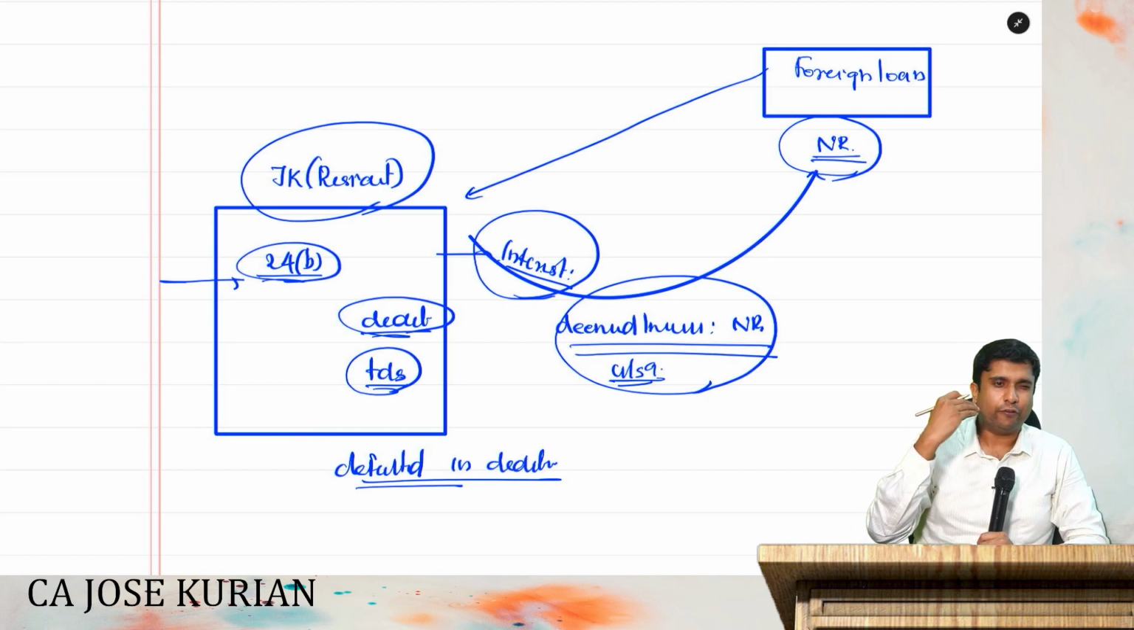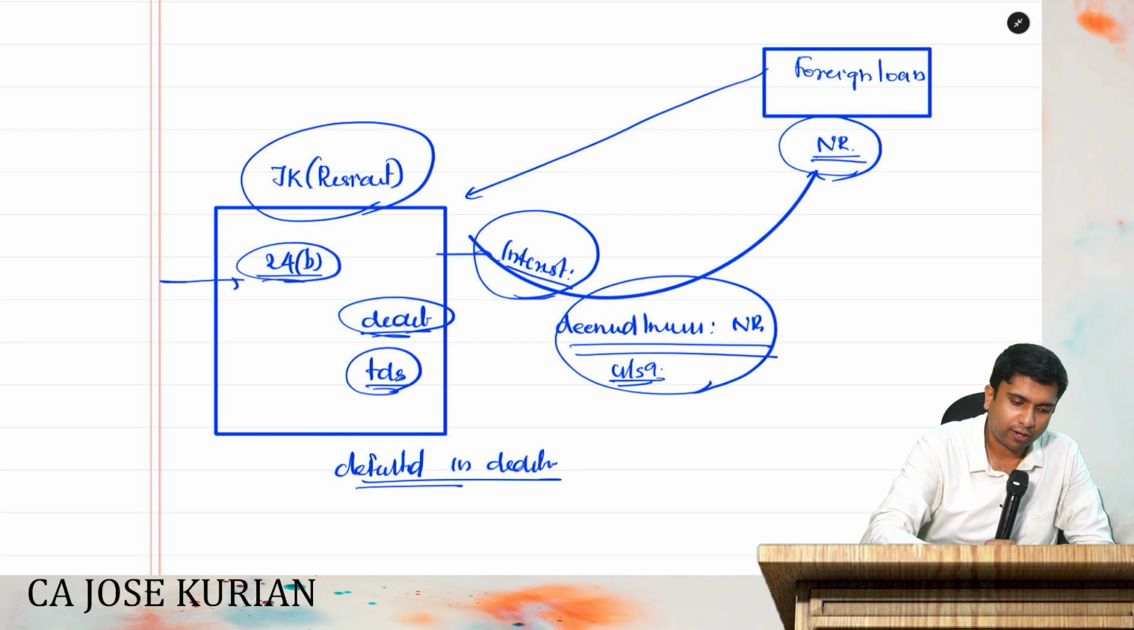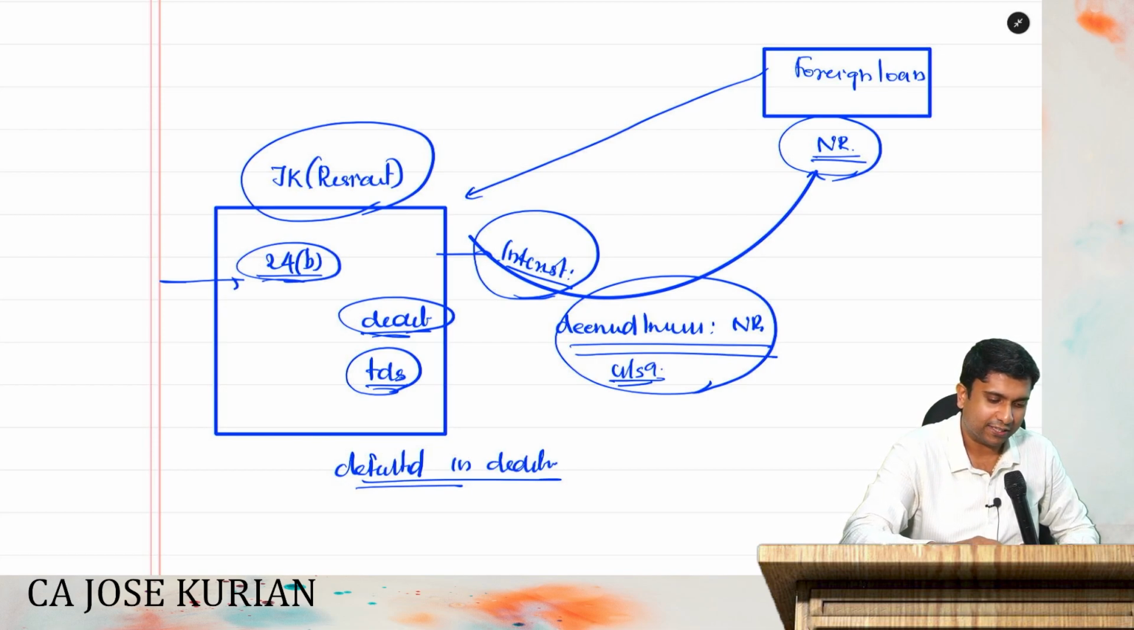Now, there are a few more concepts in house property. By that, we can say house property is over. 2 more concepts remaining in house property. By finishing that, we will solve some problems also. All right. The next thing that we have to discuss here is